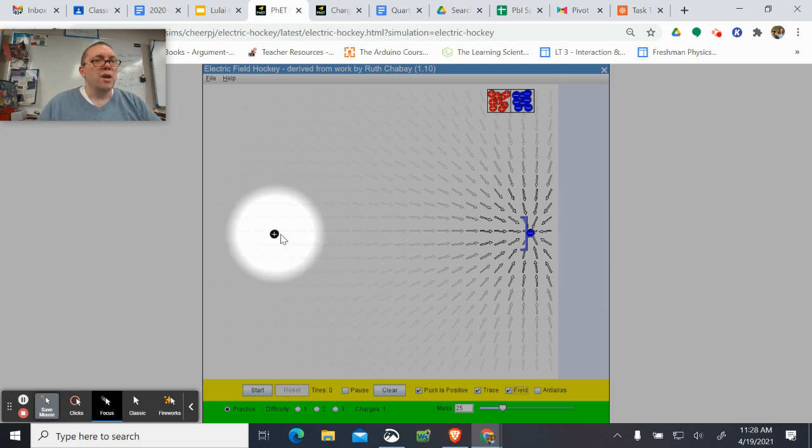And remember, we're thinking of this as being like a test charge that doesn't produce its own field, which is an imaginary thing. So now if this is lined up and I'm ready to go, I hit start, and by checking field, that's what puts these arrows on there. Checking trace, we'll see a little dashed line that shows the path it takes. I hit start,